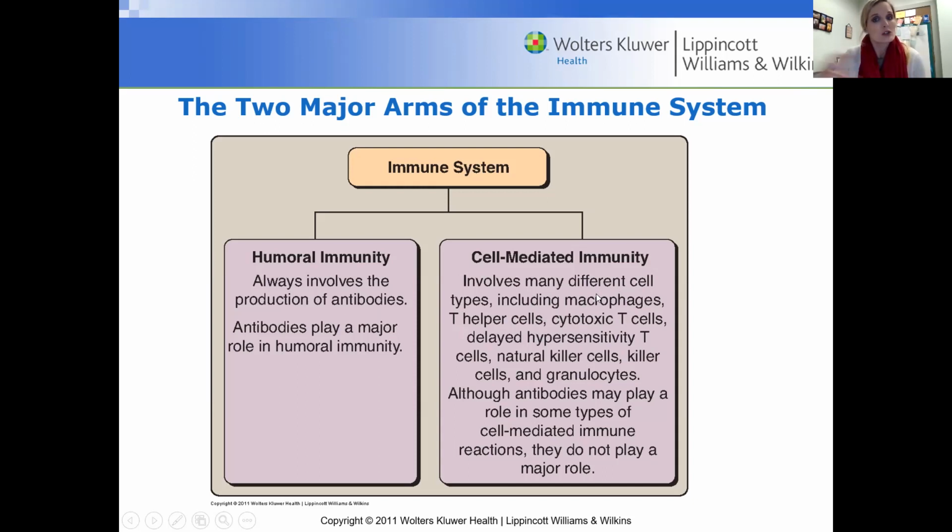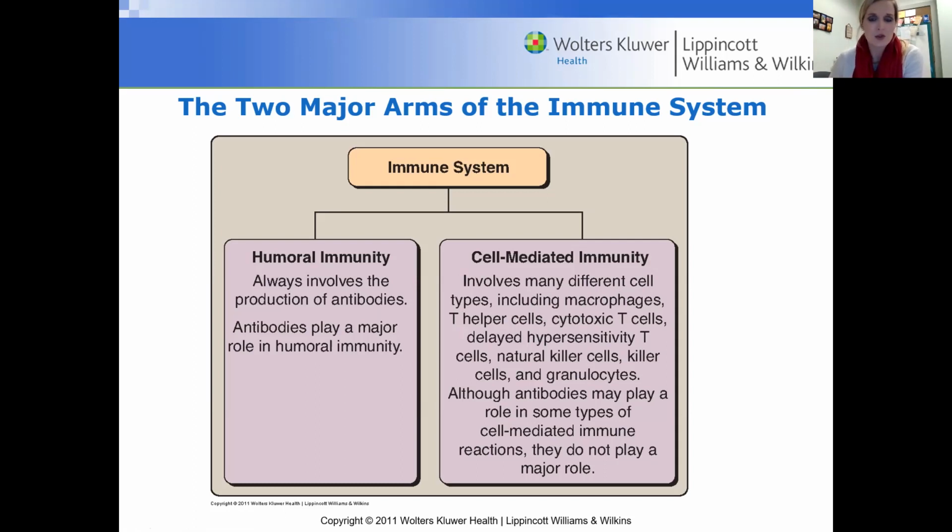Macrophages, which are essentially large versions of monocytes, are phagocytic cells. Remember our phagocytes that we talked about, part of the second line of defense. But macrophages are our largest version of those phagocytic cells, and they're part of our cell-mediated immunity. So just some other examples, we have T cells, we have T helper cells, cytotoxic T cells,